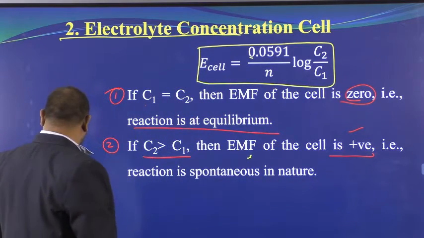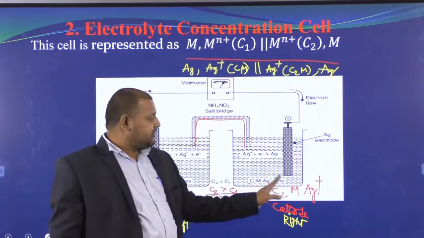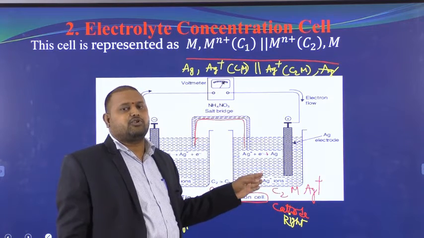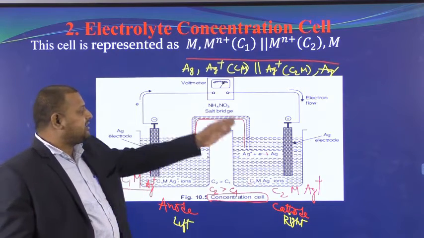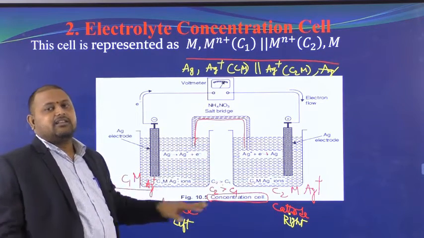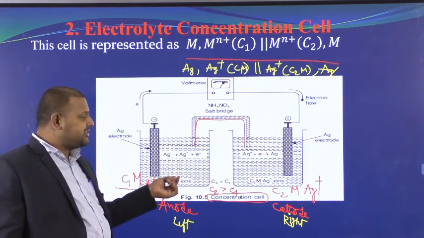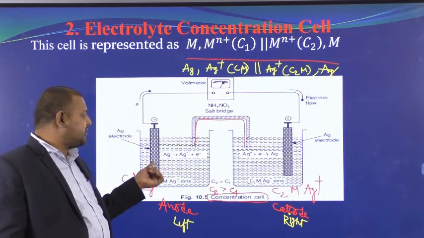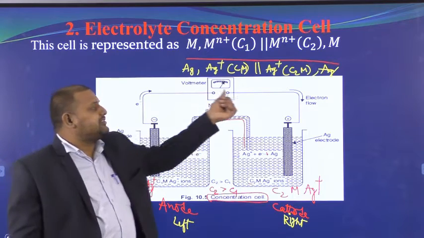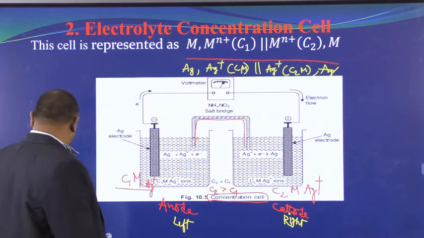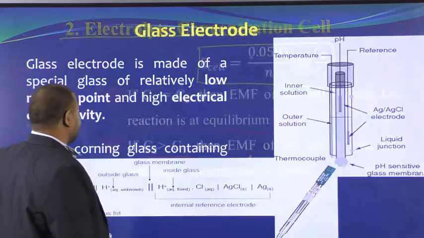So what are this C1 and C2? You should remember what I told you. On the right-hand side, you have to have the high concentration solution. For example, you take a 2 molar solution of silver here, and here we will be taking a 1 molar solution of silver. Until the concentration of silver ions becomes equal, the electrons flow continuously. So we are using the same solution, just changing the concentration of the electrolyte. We did not touch the electrode. Clear? So this is called an electrolyte concentration cell. This continuously flows the electrons. So this is all about concentration cells.